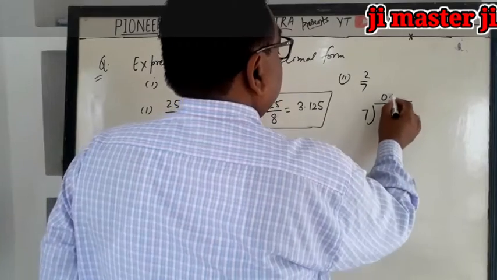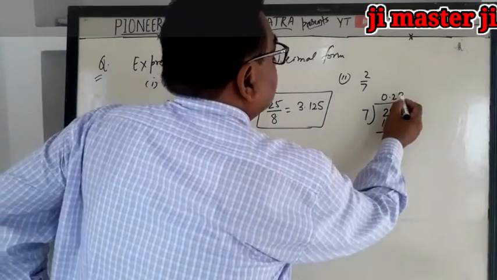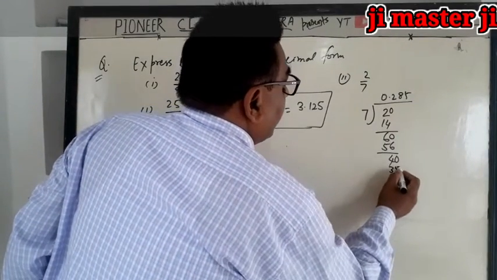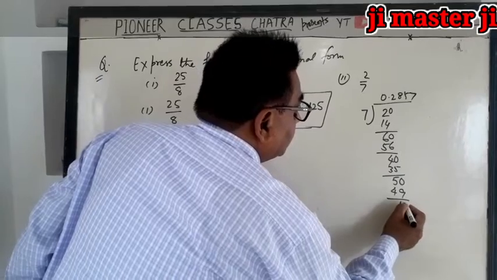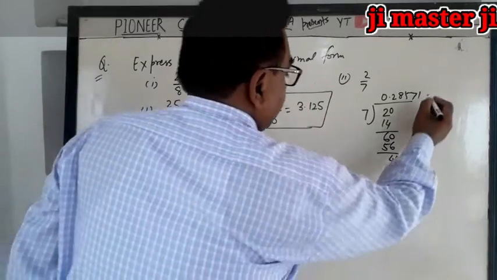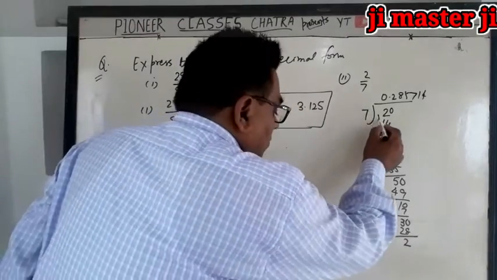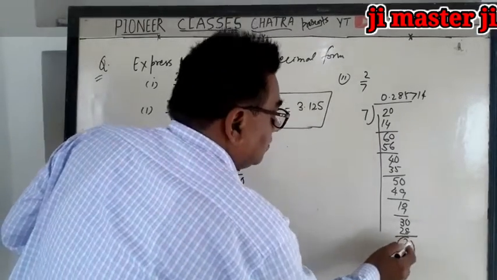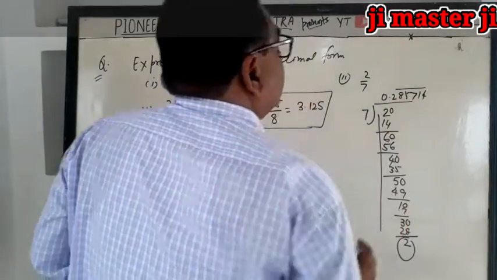put a decimal, so this is 20, 7 2s are 14, the remainder is 6, we put 0, so we get 7 8s are 56, remainder is 4, again this is 40, 7 5s are 35, this is 5, we put 0, 7 7s are 49, this is 1 and we put 0, 7 1s are 7, 3 we put again a 0, so 7 4s are 28, and again we get the remainder 2, and our process of division will continue infinitely but will repeat, because here is 2 and again the process starts from here like this. So these numbers are repeating numbers.